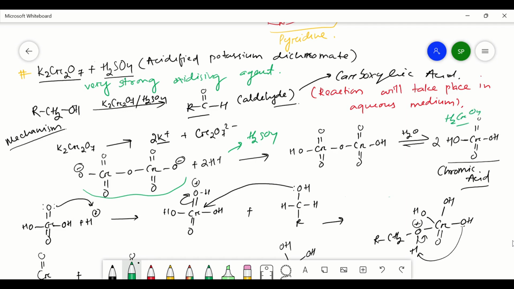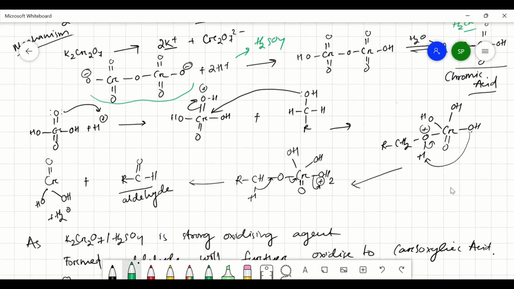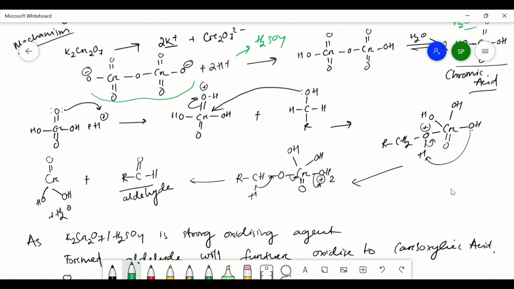This is chromic acid, and now this chromic acid reacts with alcohol to form aldehyde. So in the first step, this chromic acid protonates, as there is presence of an acid, H2SO4. This H plus is from H2SO4. So first of all, it protonates and it forms OH plus,